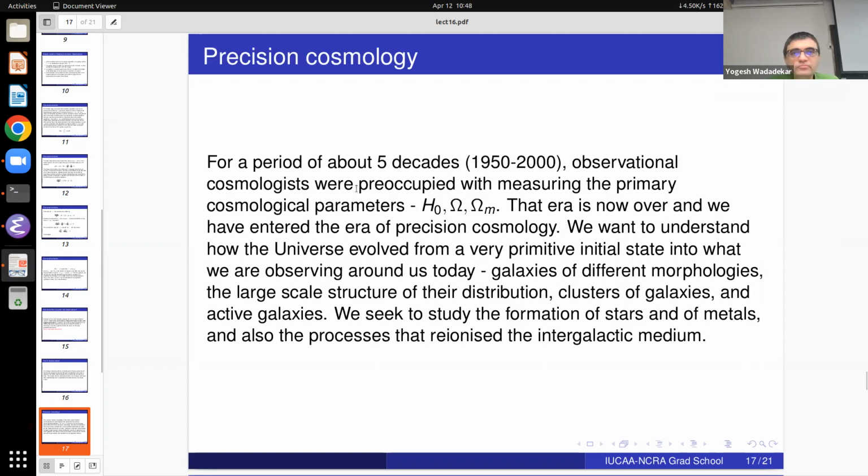Okay. So now talking of accuracy and 10% and 1% measurements, precision cosmology, which we have right now, is something that is relatively recent, only about 20 years old. Between 1950 and 2000, cosmologists were preoccupied with measuring the primary cosmological parameters, H0, omega, and omega matter. And there was immense controversy. So let me give you an example of H0. The Hubble parameter